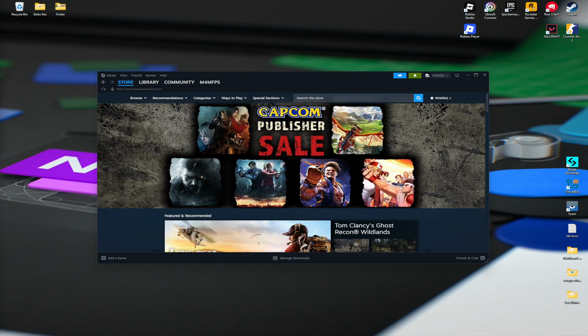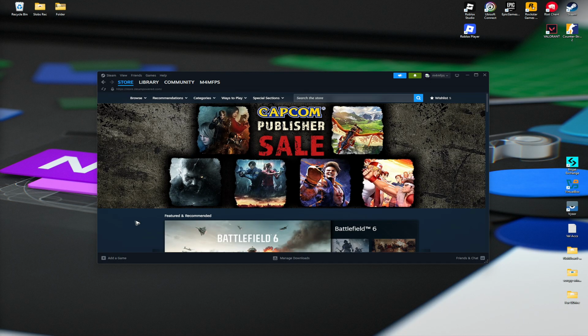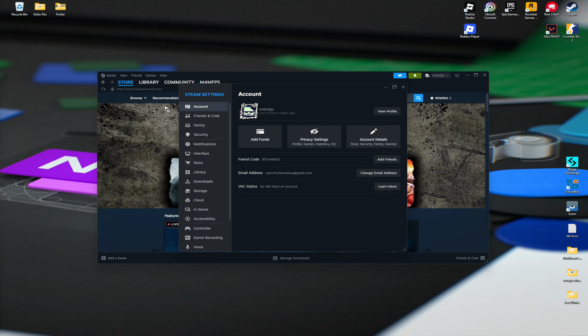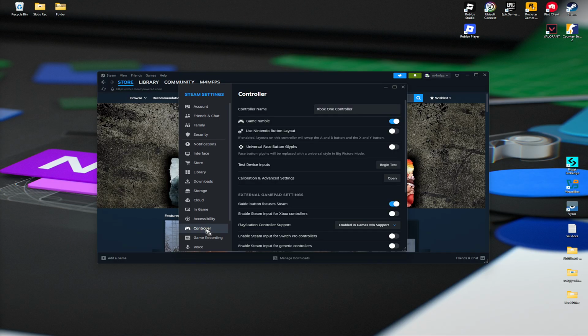Now, method 1, which is the general reset. Well, you can just go ahead over to the top left right here, click on Steam. Now, go ahead and click on Settings. And then here, go ahead and click on the controller tab. Okay, so just click on it, and then once done, you can go ahead and copy my default settings right